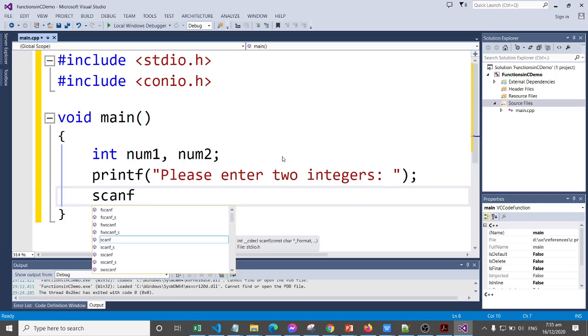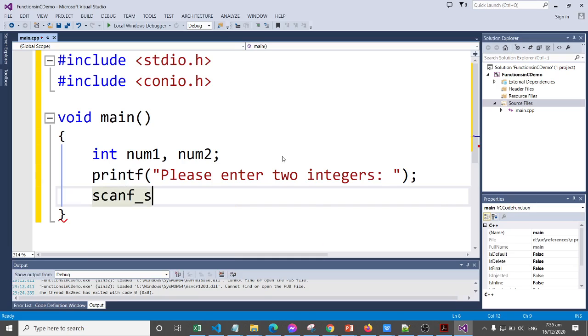Okay, scanf is already deprecated in this version, so scanf_s is necessary. And for the two integers, we need to have the %d and %d and assign it to num1 and num2.